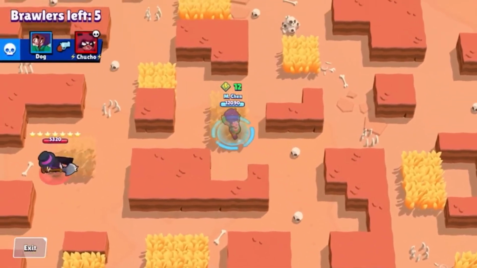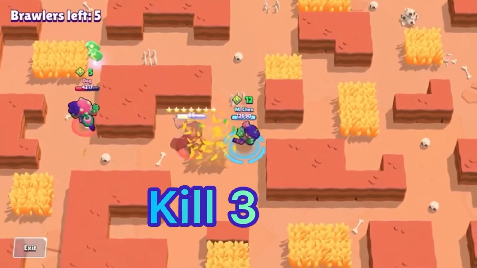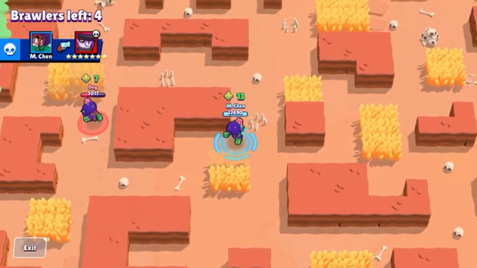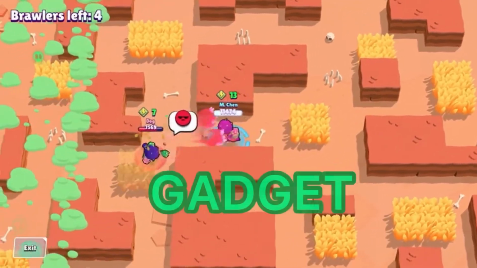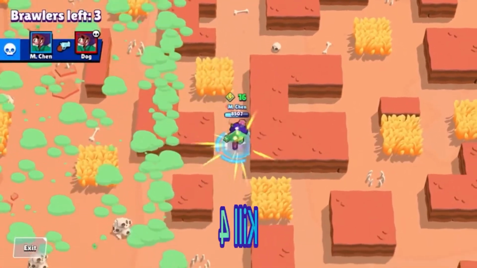Anyway, now I'm just gonna check the bushes. Remember, it's still helpful to check the bushes even if you're a heavyweight. And this Mortis is gonna run straight into me, that's a free cube. And now I'm gonna get into an epic tussle with the Rosa. I use my gadget, then my super, and then the other Rosa uses the super, but I'm still able to